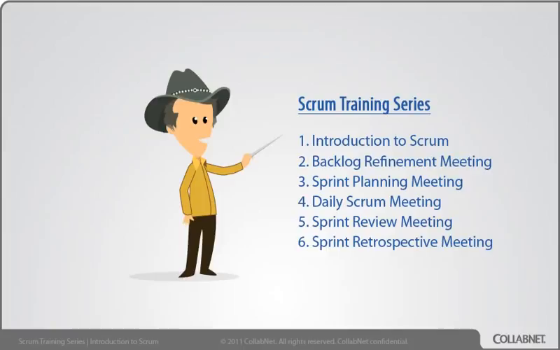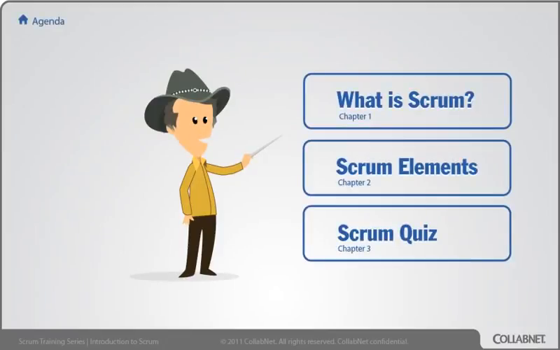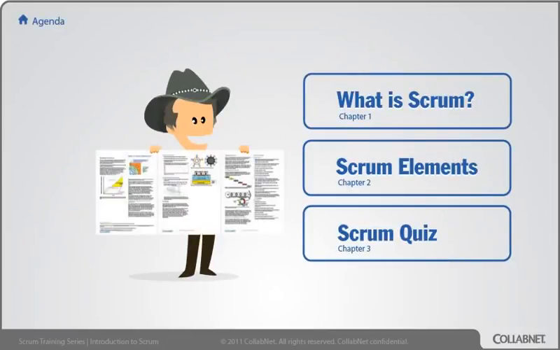Welcome to Module 1 of CollabNet's Scrum training series, Introduction to Scrum. This is a brief introduction to topics that are covered in greater depth than the other modules. I'm Michael James. I help organizations do Scrum and related Agile practices. This module is subdivided into 3 chapters. I also recommend downloading the 6-page illustrated Scrum reference card.